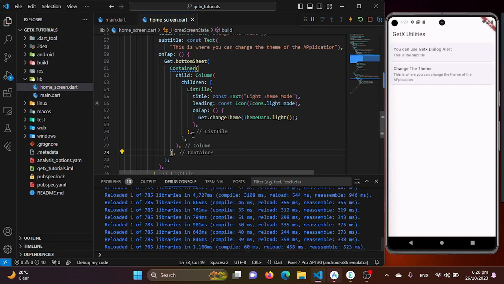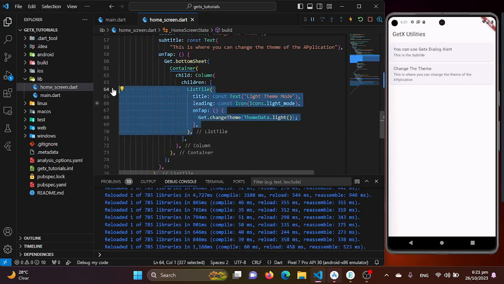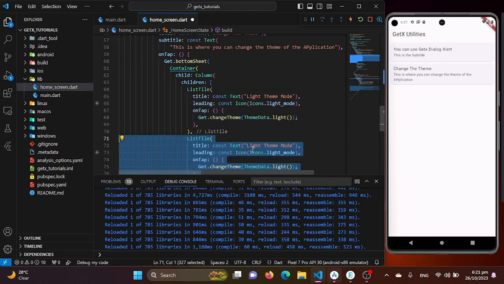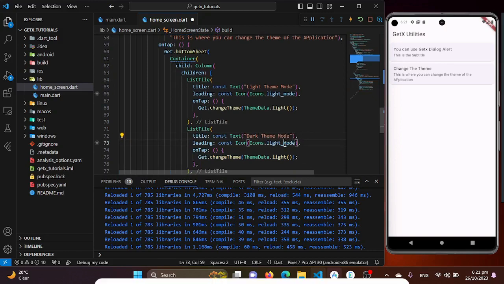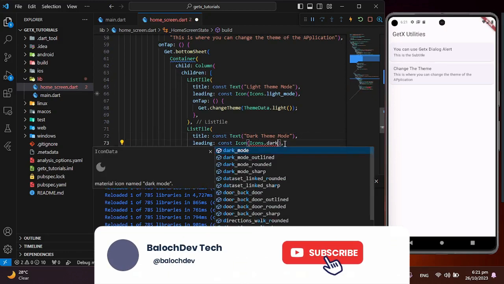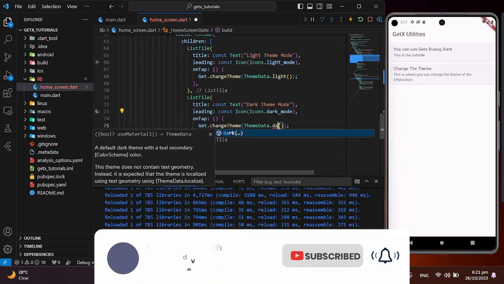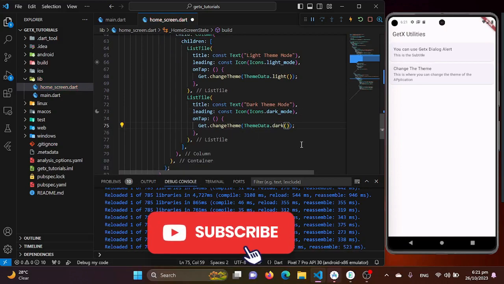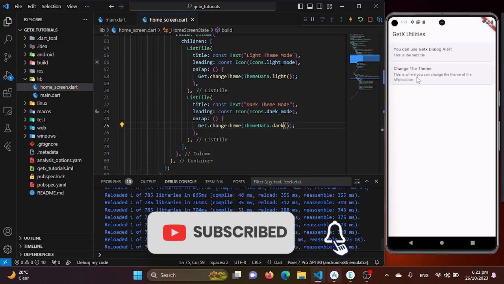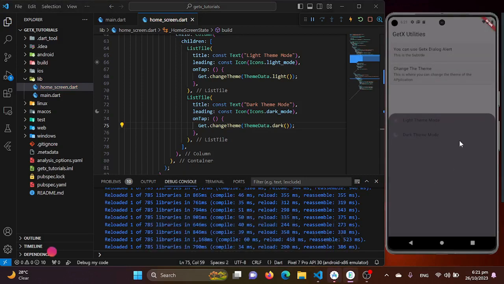So I'll be copying this list style again, and changing it to dark, and here you go. Now I'll be clicking the dark mode, and I'll be changing this to dark. So when I click here you will see